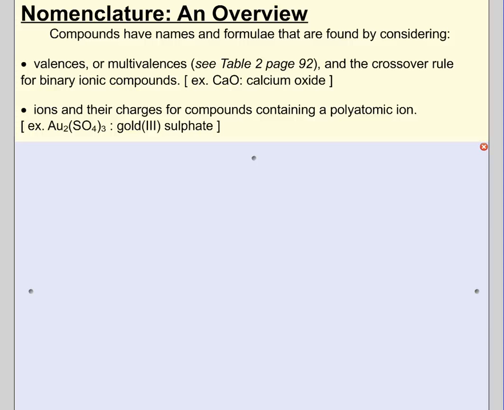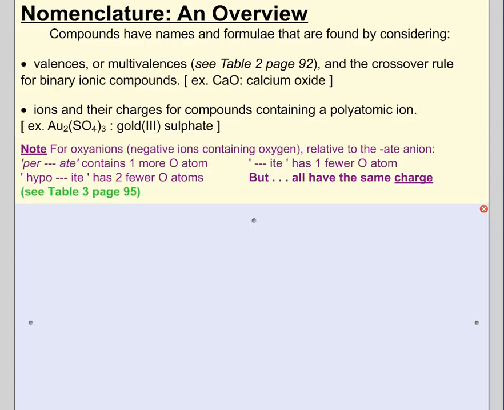All right, so going back to the overview, with just closing out ionic compounds, we need to be aware of ions and their charges, also for compounds containing a polyatomic ion. If you've had a chance to view the polyatomic ion flashcards video and you've received the package, there is also some memory work with polyatomic ions. So I would encourage you to continue to work through that and try to memorize as many of the parent names as possible. And then we also need to add to those the rules that allow us to connect the parent name to some of the related